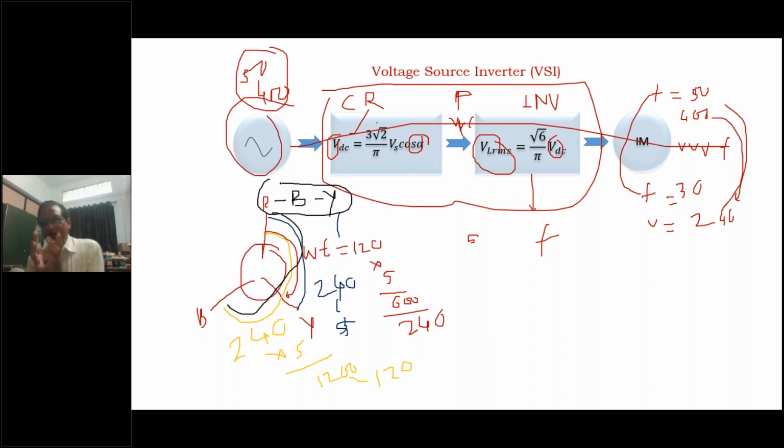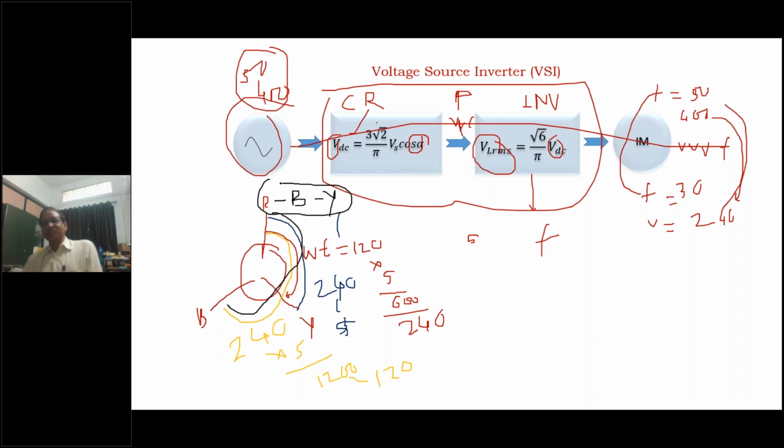But in a motor there are two motors. In one motor there are two motors. One is revolving in the forward direction, and another torque is produced in the opposite direction. It is negligible, but overall net torque is reduced. That is the problem with the harmonics. Which harmonics? Lower order harmonics.